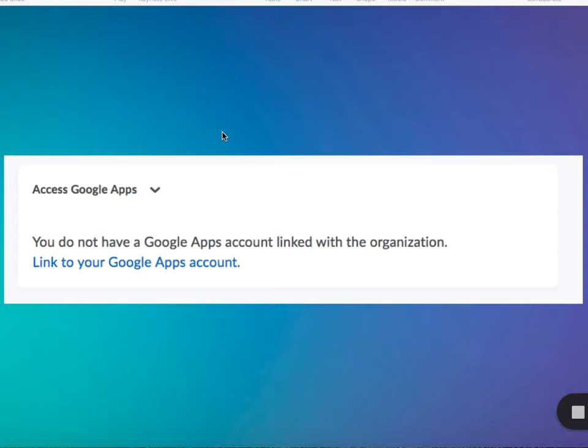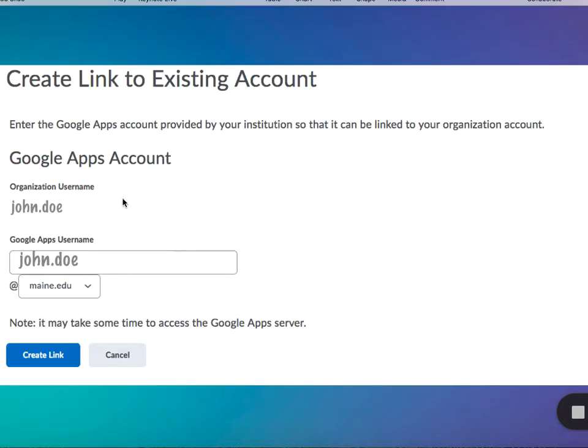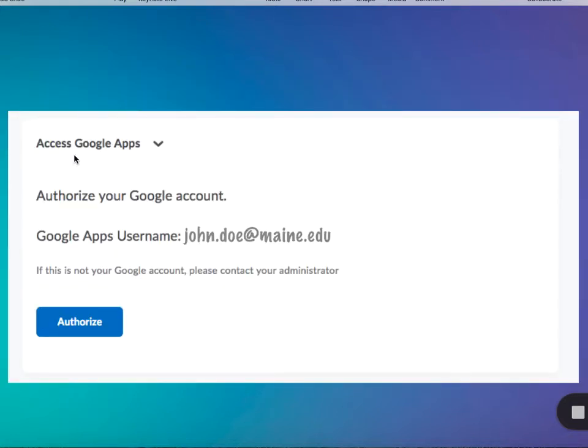account. And when you log in to Brightspace, either below all of your classes or to the right underneath the announcement section, you will see this Access Google Apps, and you will need to click Link to your Google Apps account, where it will redirect you to this page, and you need to make sure that this is correct, which will be just your email, and you will type it in here as well. And then you'll click Create Link, where it will send you to this page,